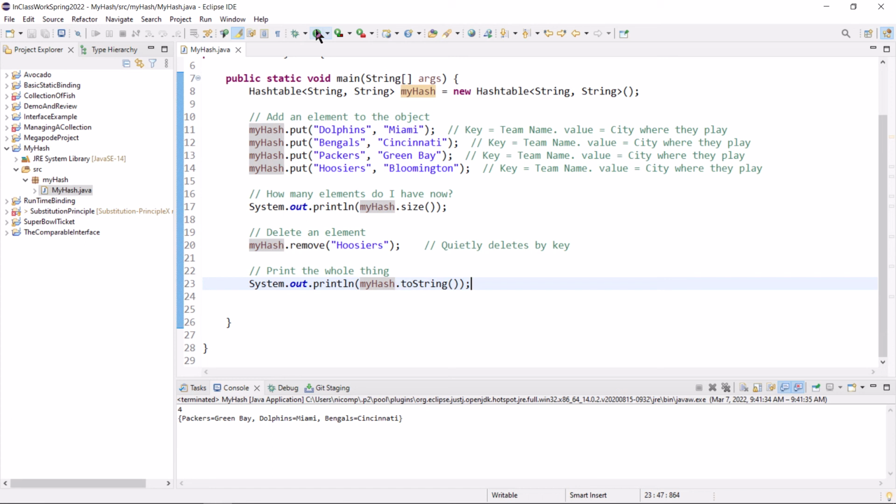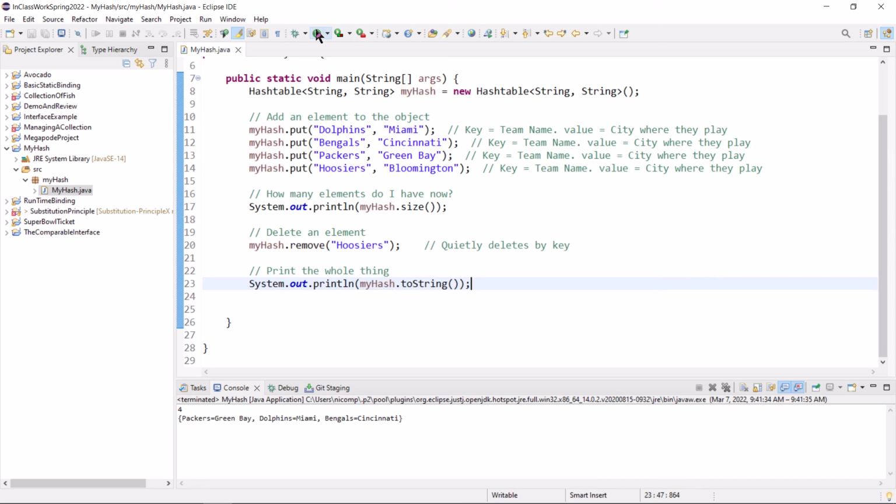Not even close. Things in a hash table are not stored in any kind of order that you can count on. So it is not an ordered data structure. If that's a problem for you, you should be using some other data structure because you can't count on them being first to last the way they were inserted or the way they were put into the data structure.